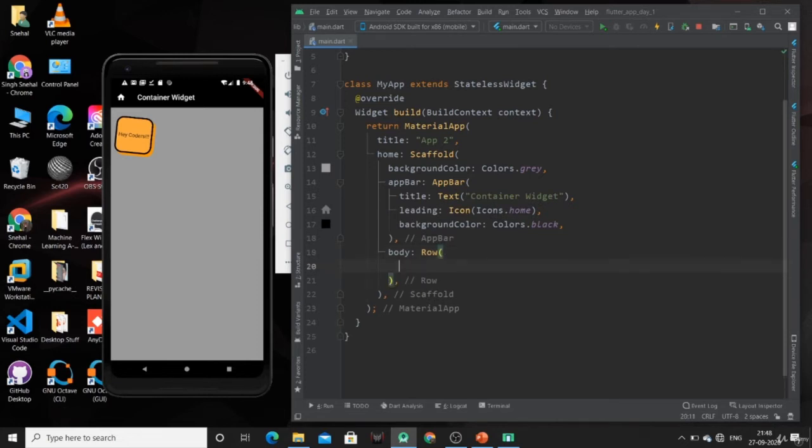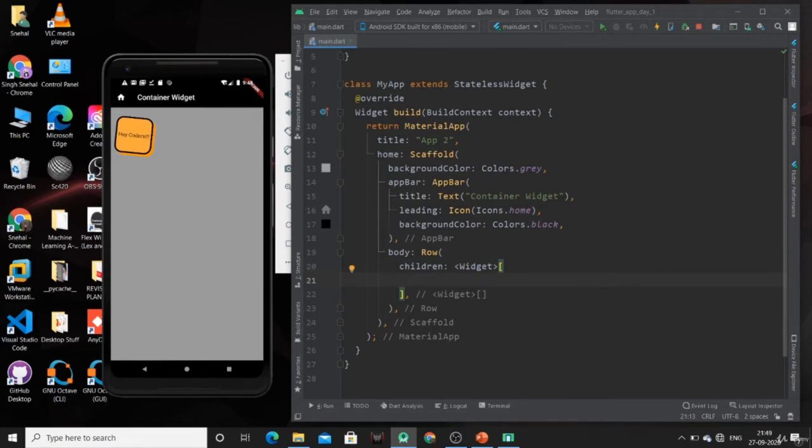Now a row can have multiple children. Up till now we have seen widgets which have a single child, but a row or column has multiple children. For that we can use the property children, and we can specify multiple children to this widget.